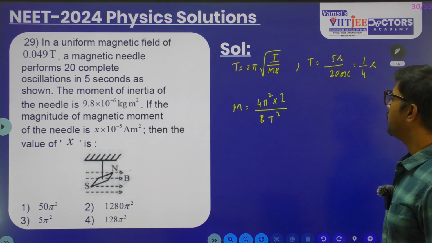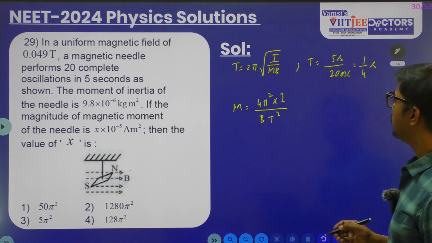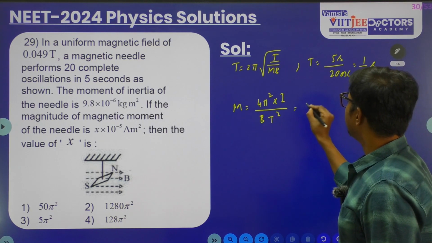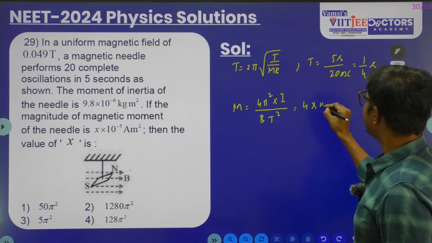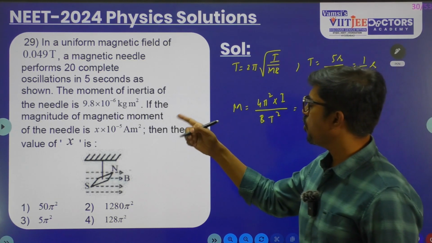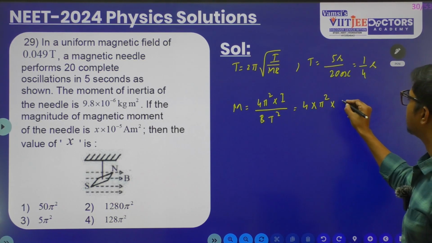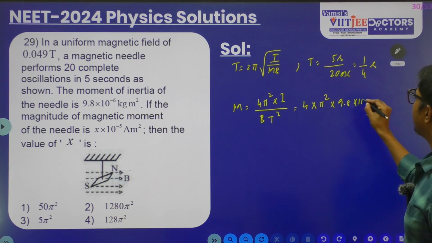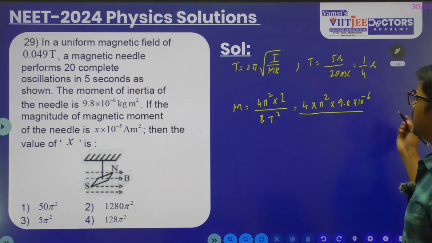You don't have to simplify that. The remaining things you focus on. So that is equal to 4 into pi square. Anyway, keep it aside. Moment of inertia, how much did they give? 9.8 into 10 power minus 6, divided by